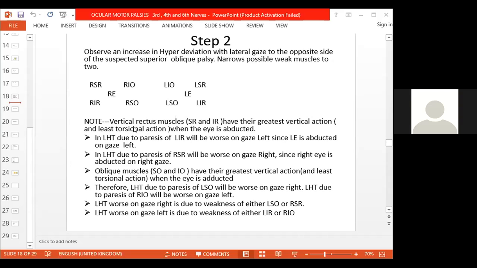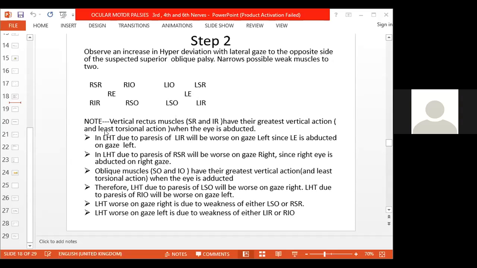In other words, abduction is looking outward, adduction is looking towards the center. For example, when we look to the right side, I hope you can see where my pointer is. It means the two eyes are abducting towards the right, especially here. The right eye is looking there. So in abduction,